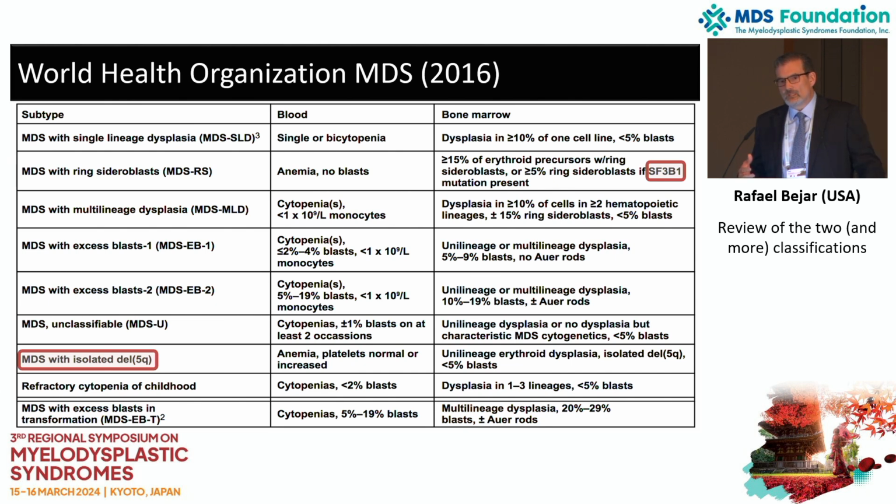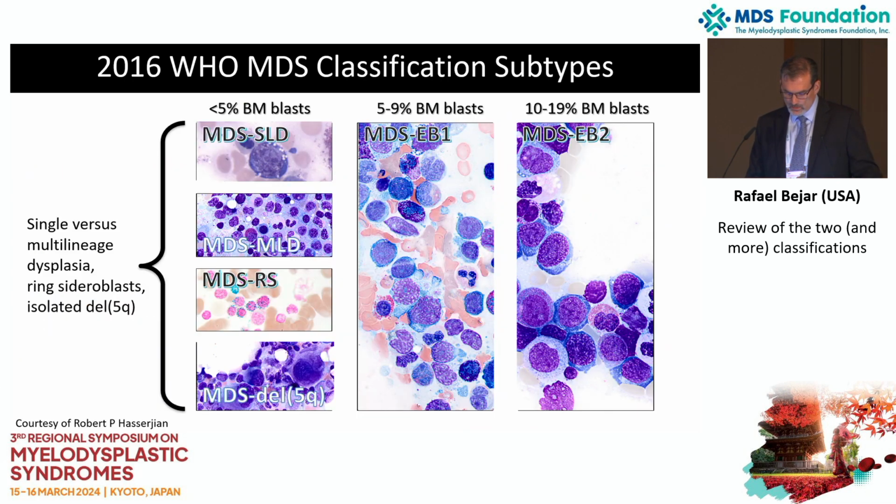And in my mind, the goal of a classification system is really multiple. One of them is to define biologically similar groups of patients within a more heterogeneous disease. The other is to find some sort of grouping that helps make clinical decisions, and that could be a prognostic value or some other merit that helps you identify a targeted therapy, for example. But we do understand that the biology is driven by the genetics, and therefore this is a good way to get a look at what some of these features might be.